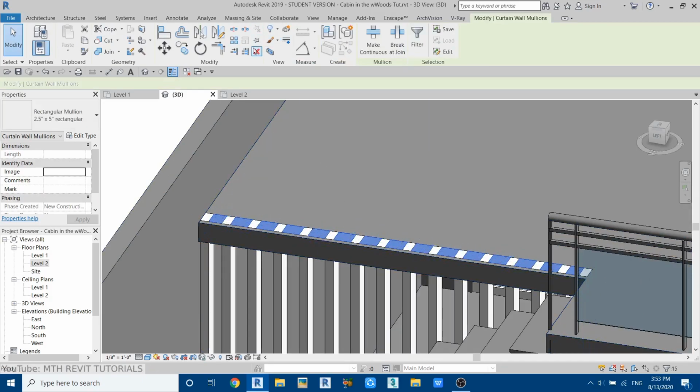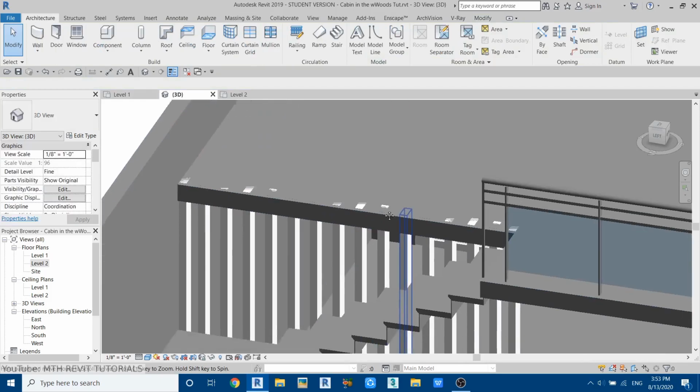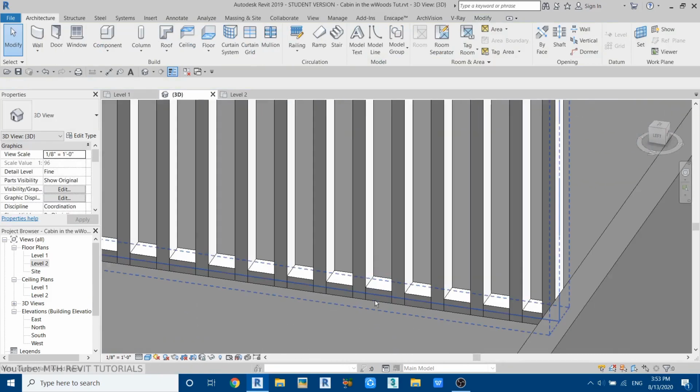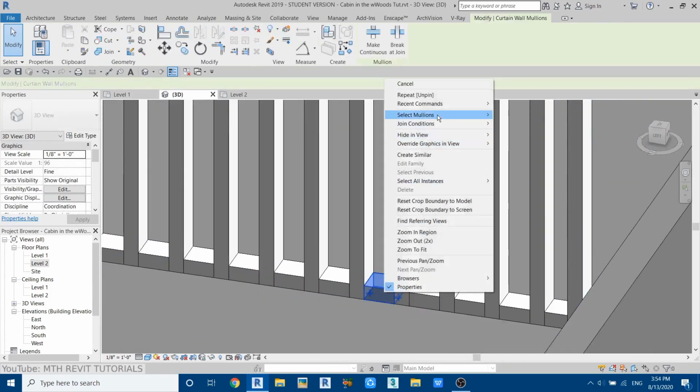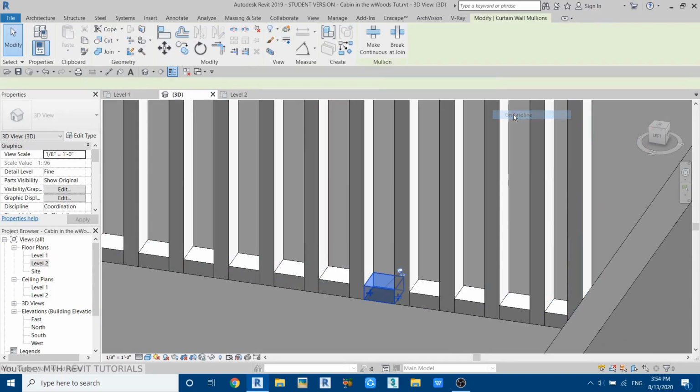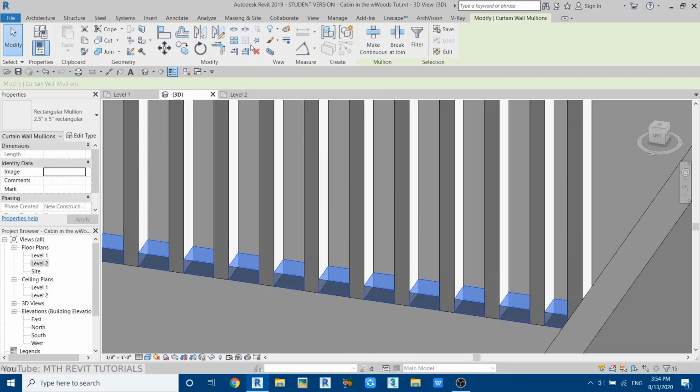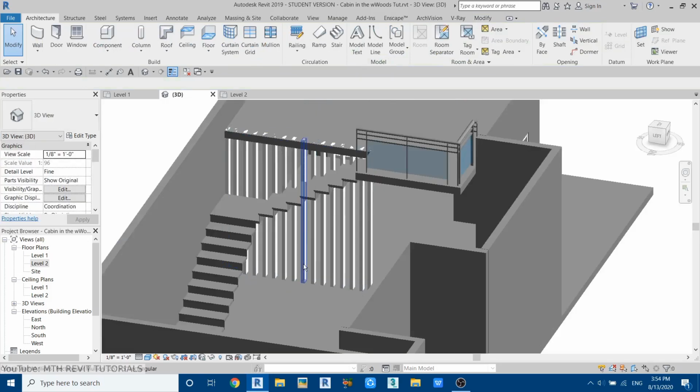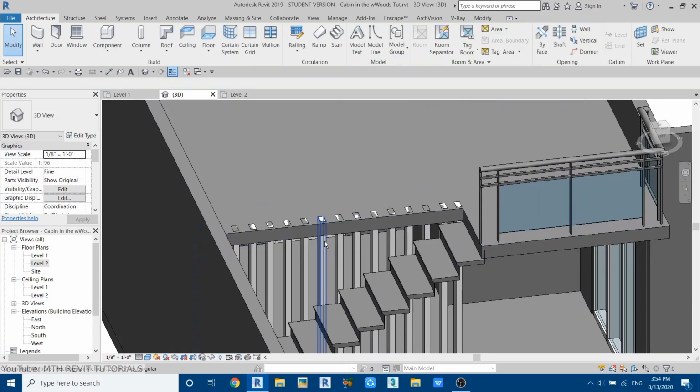Just unpin them and delete. Repeat the same here as well. Hover over the mullion, right click, select mullions on grid lines, and then unpin and delete. Perfect. I think we need to change the height of these panels here, so just hover over this, hit tab